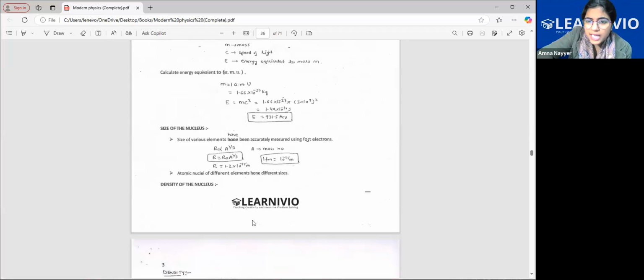Now see here, for the size of nucleus, it is directly written, so some steps are missing. So till here, whatever things I have told you, just add them. Add that isomer line and add this part that we have discussed. Then I'll come to the density of the nucleus.